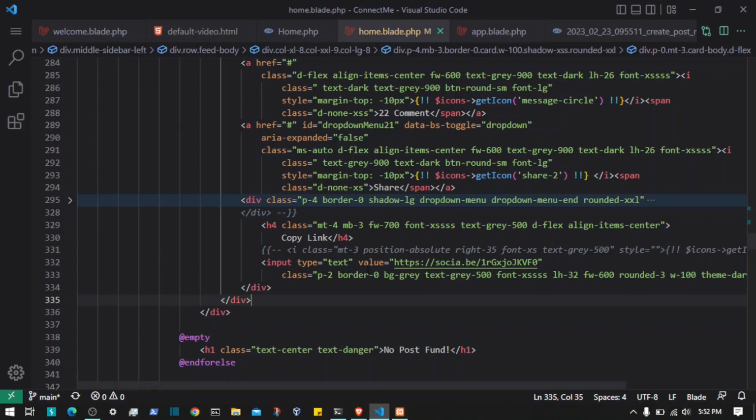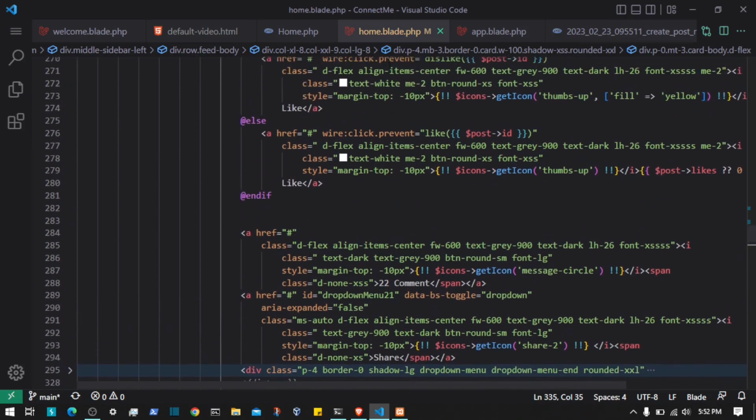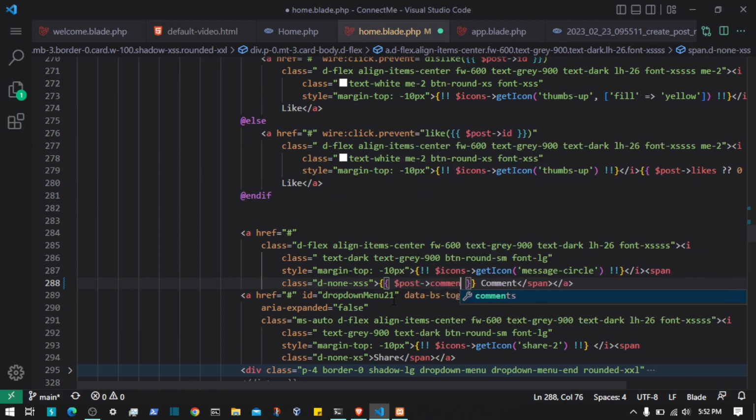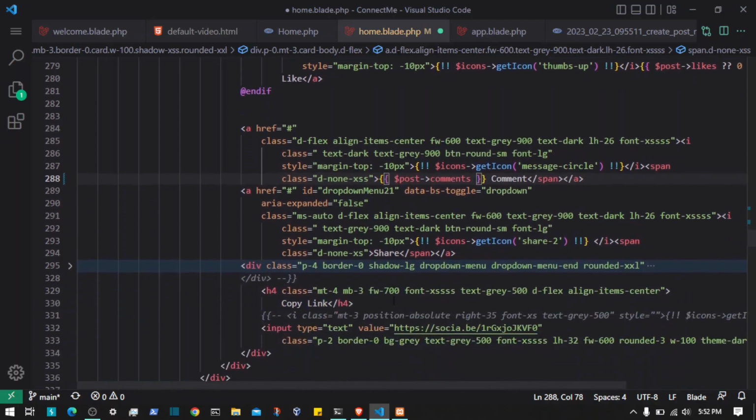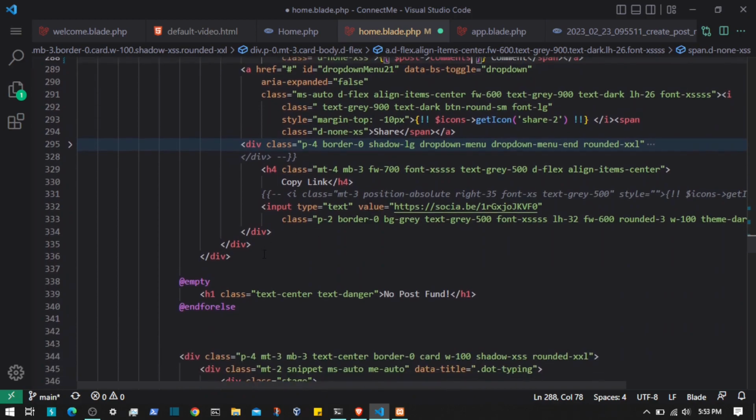Hello everyone, welcome back. So now it's time to implement the comment section and we are going to do that. So I am at the home.blade.php, that is the component blade file, and as you can see here we have the 22 as static values. So I am going to write down the post slash comments, and we have that field in the post model. And after that we are going to add an input field where you can write the comments, and once you press enter, that comment is going to be stored in the database,